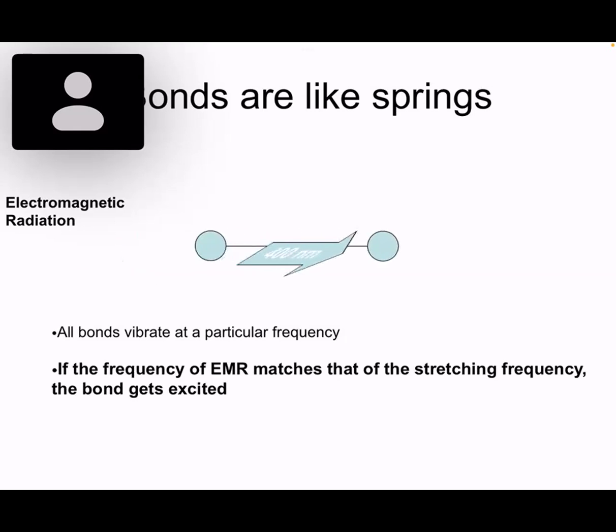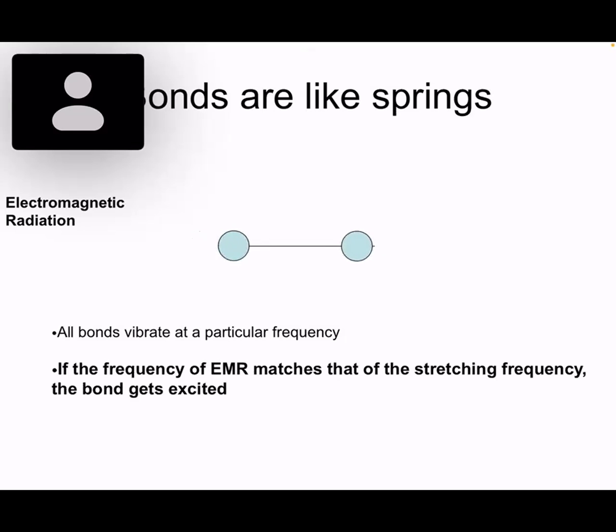But the minute I hit it with 400, you can see that the atoms become more excited, and so that excitation or that absorbance is what's picked up by the infrared detector, and then you're able to get a number, right, based on the wavelength that hit it. All right, so only if the frequency of the radiation matches the stretching frequency, that's when you get an absorbance